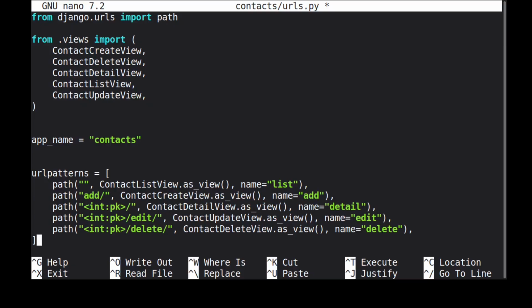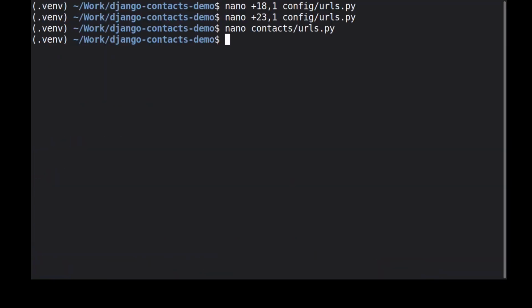Each path also receives a name: detail, edit, or delete. Templates can combine those route names with a contact's primary key to generate the correct addresses. This is much safer than writing addresses manually throughout our HTML. If we later change the structure of a URL, we can update the route here instead of searching through every template. We'll save the new